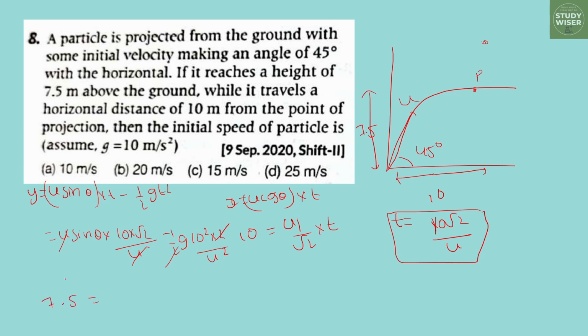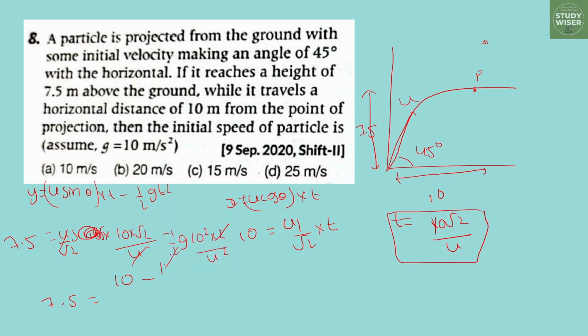7.5 is equal to u by root 2, u by root 2 అంటే 7.5 is y 7.5 ఇచ్చాడుగా, 7.5 is equal to u sin theta గా ఇక్కడ sin theta sin 45 వాల్యూ అంటే u by root 2, 1 by root 2 sin theta వాల్యూ, 7.5 is equal to 10 minus. 7.5 is equal to 10 minus అందులో క్యాన్సిల్ అన్నీ అయ్యాక